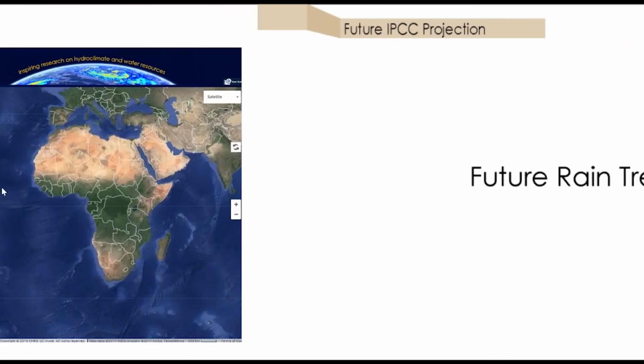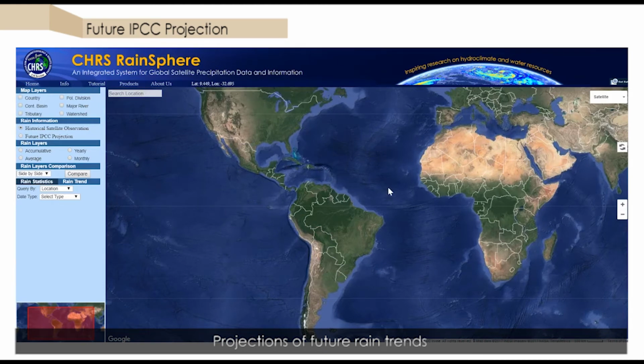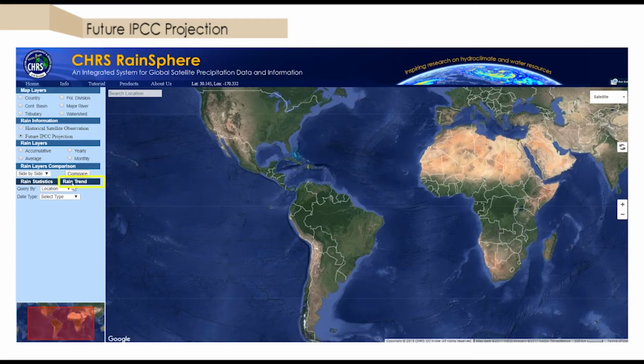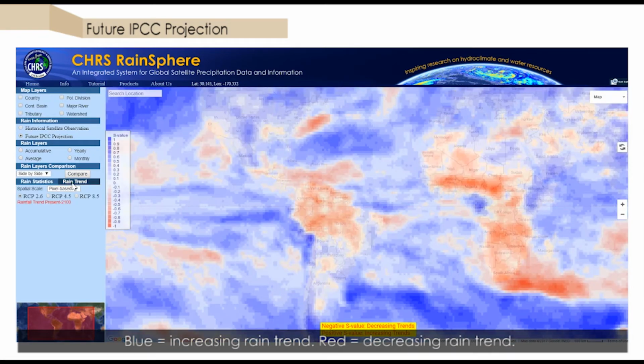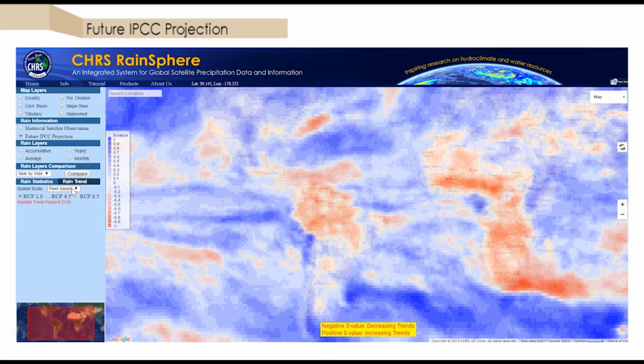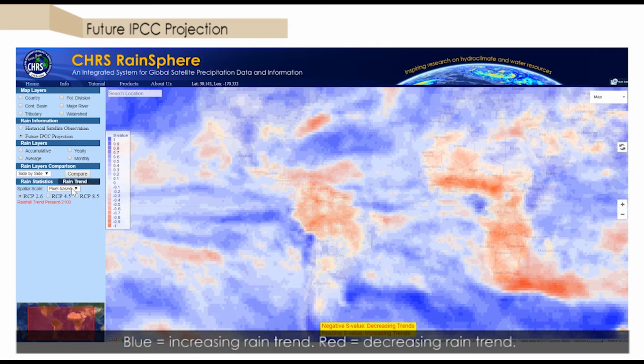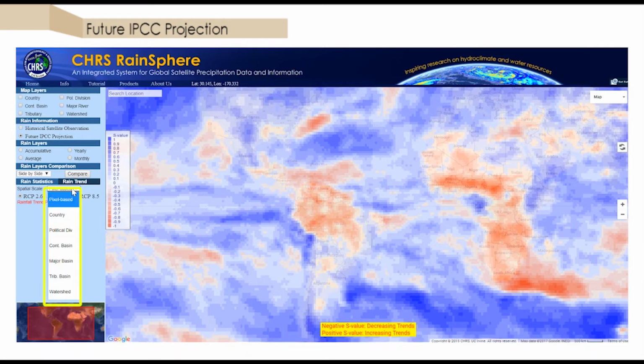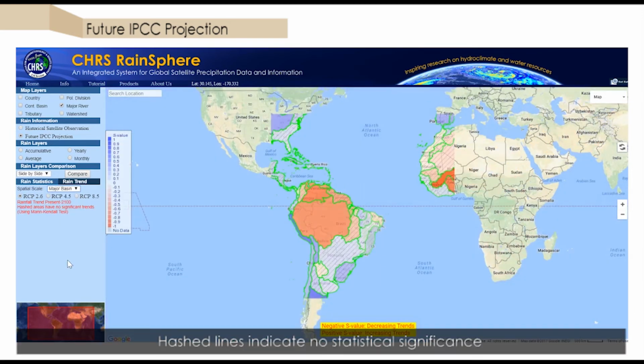Rain trends can also be predicted from the present to the year 2100. With the Future IPCC projection option selected, click on the Rain Trends tab. There will be 3 options for the projections, each relating to the 3 different carbon emission models mentioned earlier in the video. Like the past rain trend map, blue and red indicate a positive and negative trend respectively. Likewise, the trend data is also viewable in pixel-by-pixel resolution or by political and hydrological boundaries, with hashed lines indicating no statistical